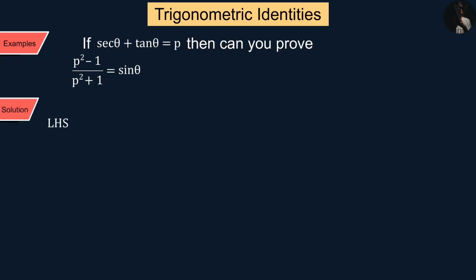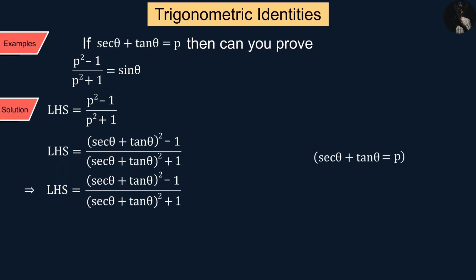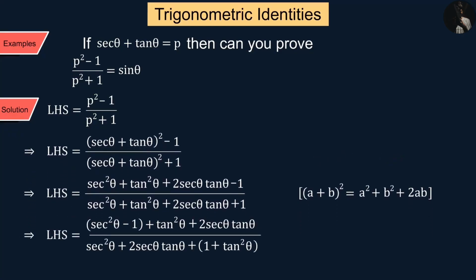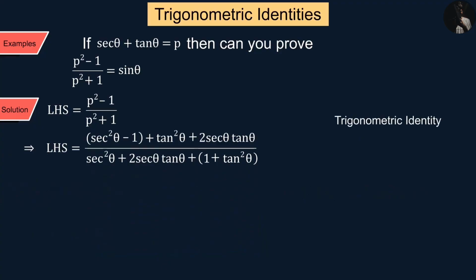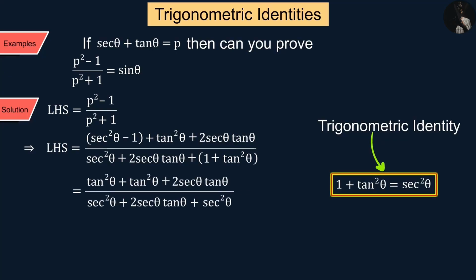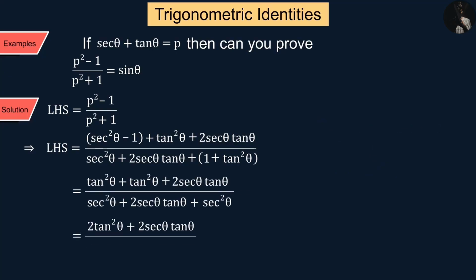We discuss the left side of the given equation, where, according to the given information, p is replaced by sec theta plus tan theta, from which we get the following equation, which we write as follows. And in this equation, using the trigonometric identity 1 plus tan square theta equals sec square theta, after solving, we obtain